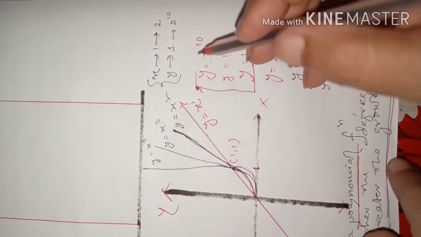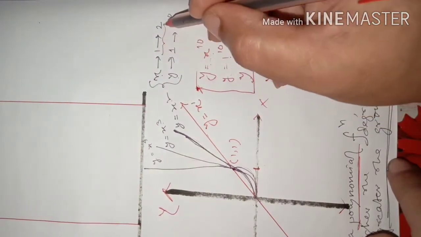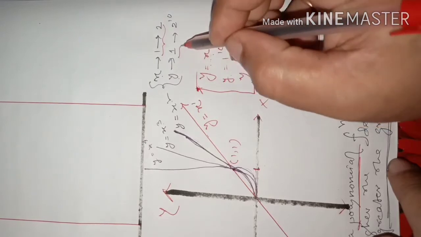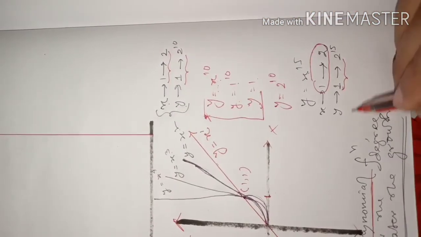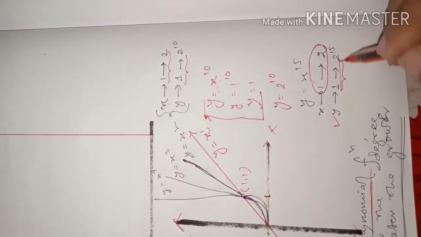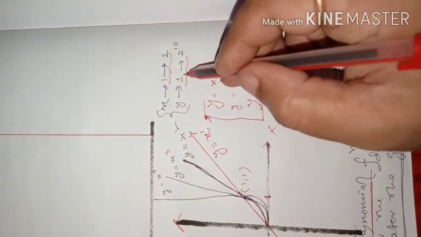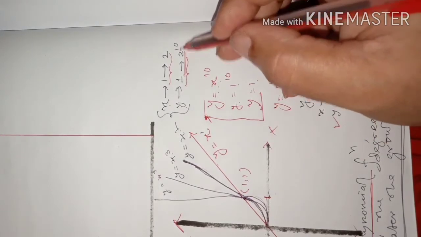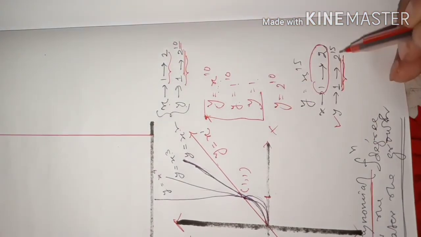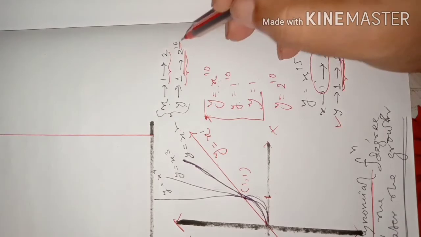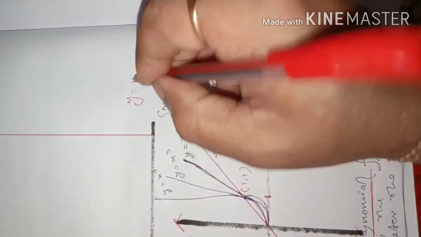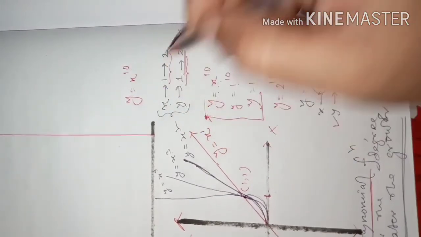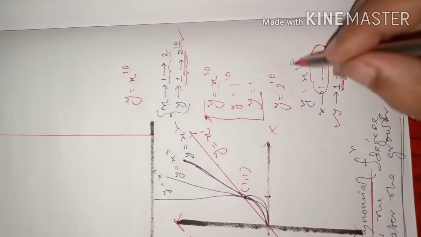But when x is changing from 1 to 2 here, y is changing from 1 to 2 to the power of 10. So just you see, students, the growth of y here is more than the growth of y there. Why? It is because of this exponent. It means degree. The degree of y equals x to the power of 10 is 10, and for this function the degree is 15.